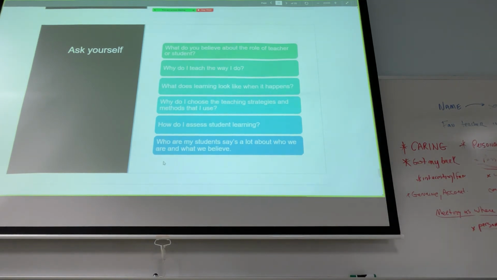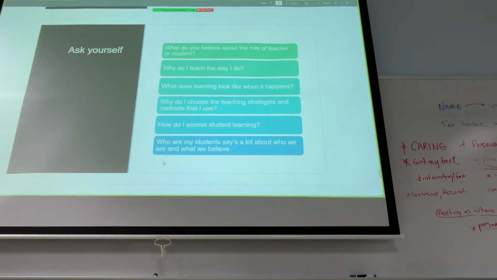What do you believe about the role of a student? Okay, now let's start with Zach. What do you believe about the role of a teacher or student? So, what do you believe is the role of a teacher? What do you think they're supposed to be doing?